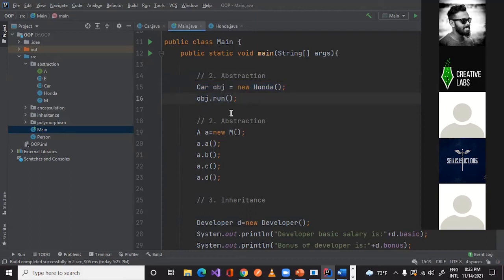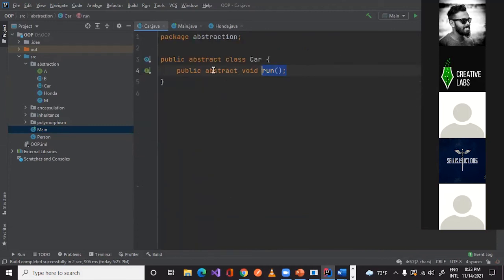Then in this car object, I'm accessing this run method. If you go to this run method, now you can see only the function is there, not the implementation.